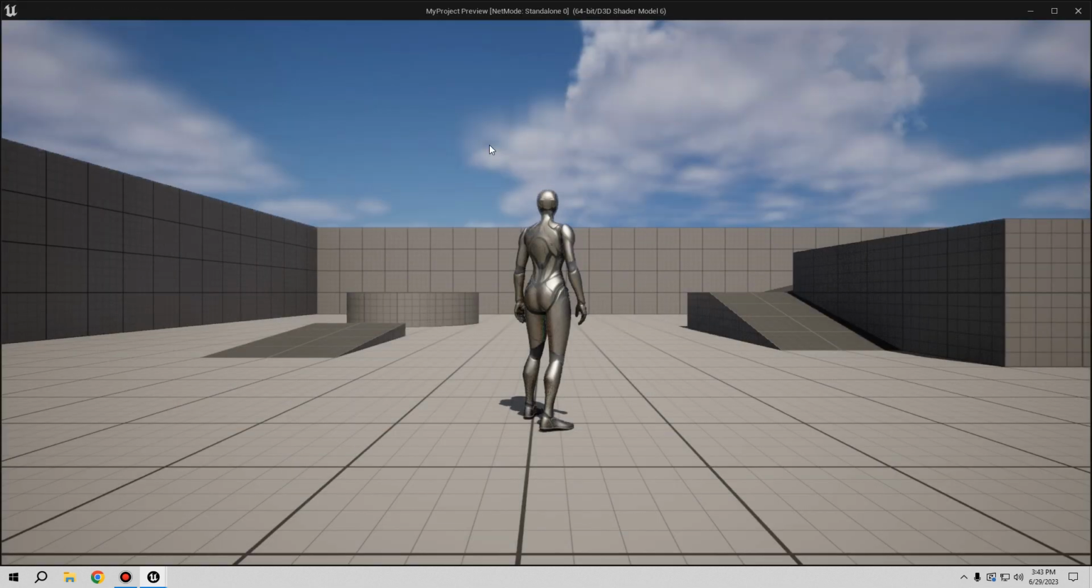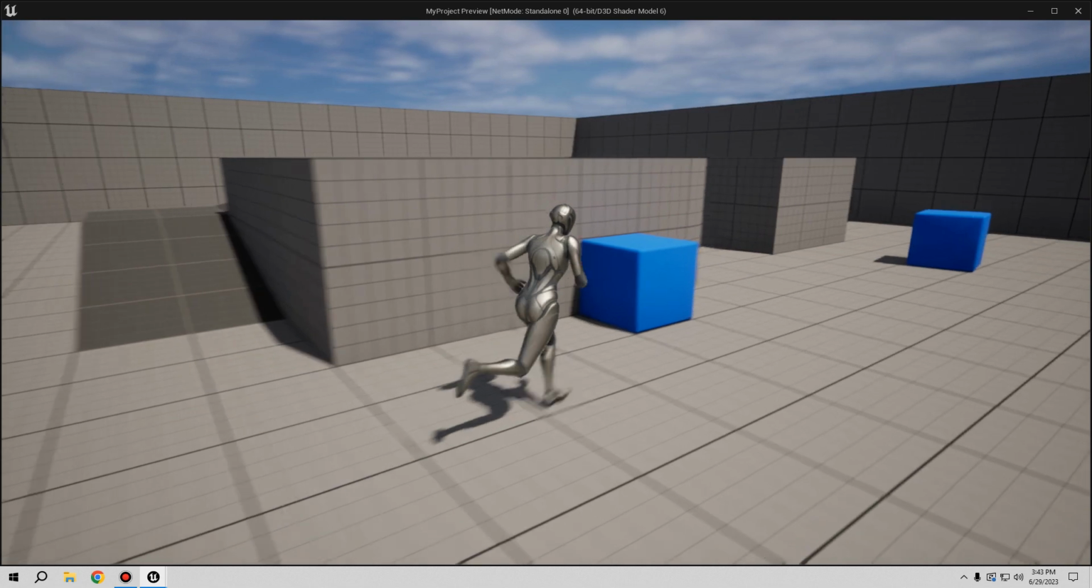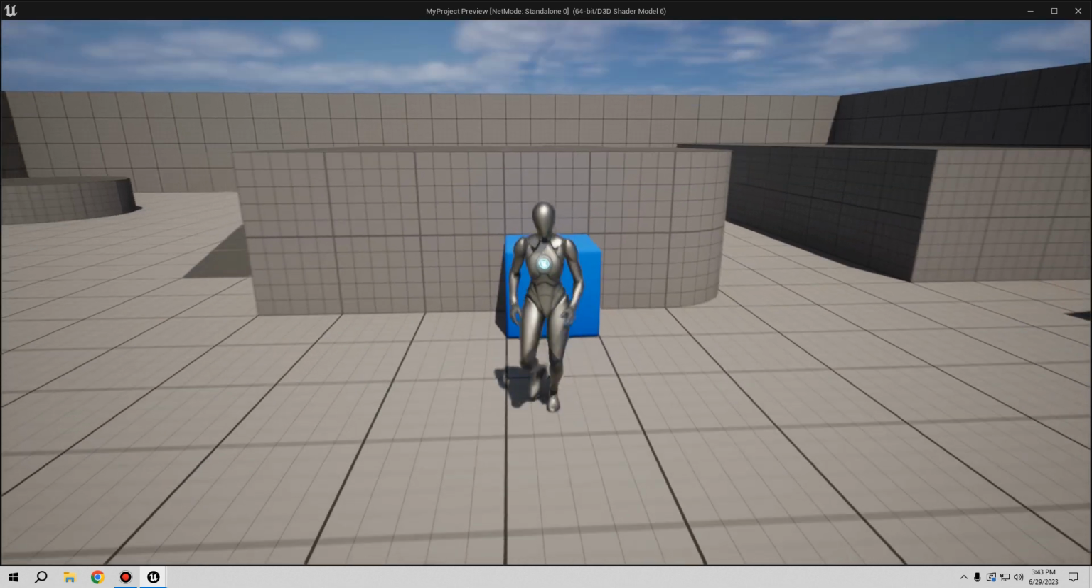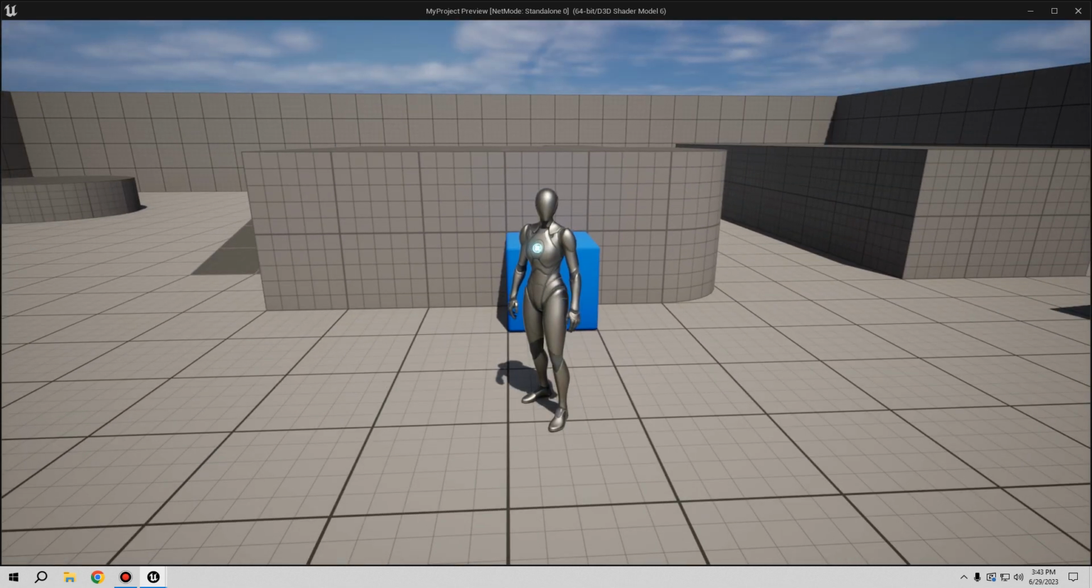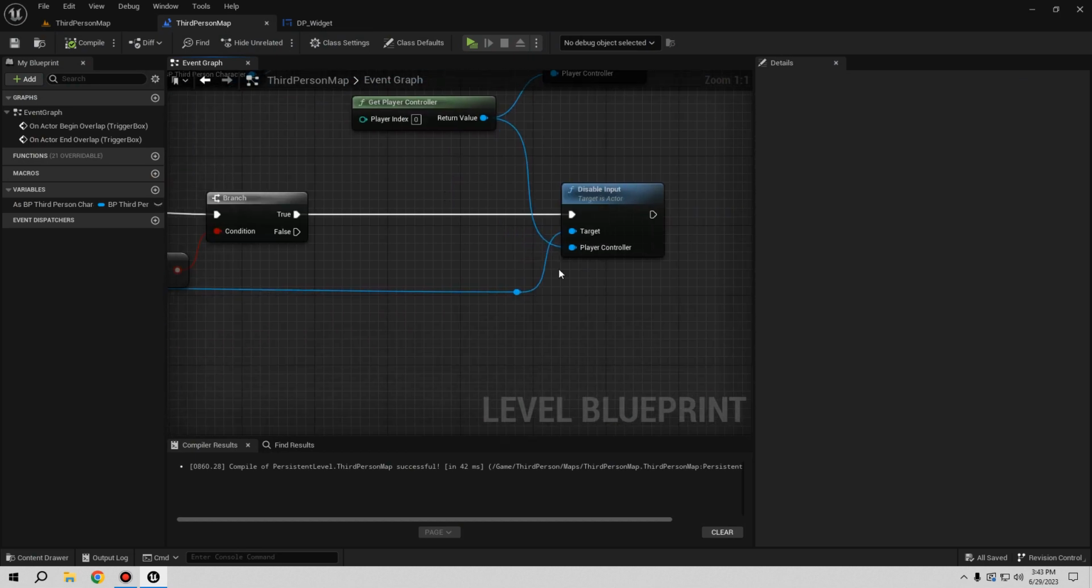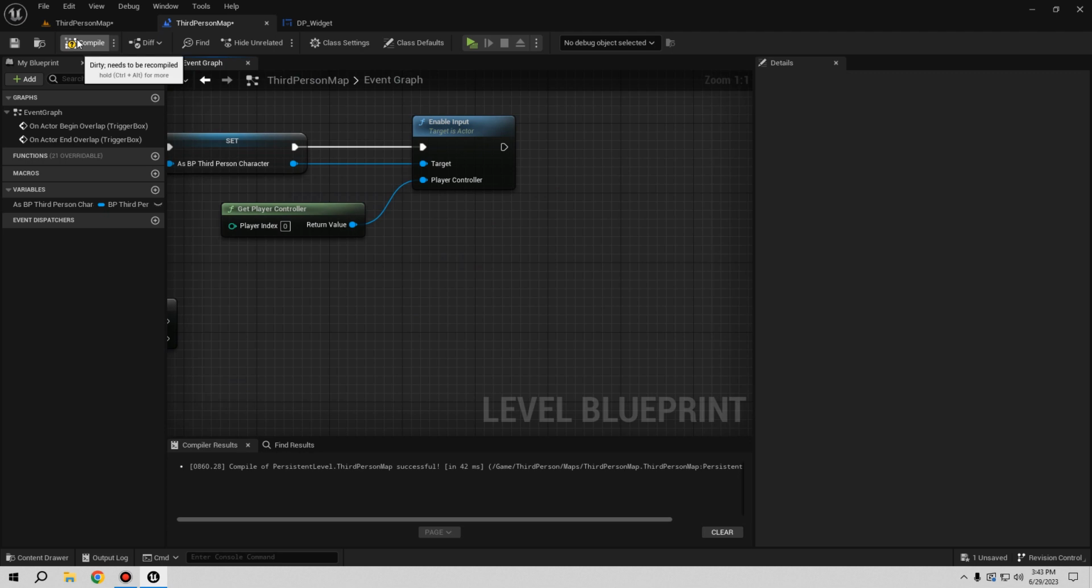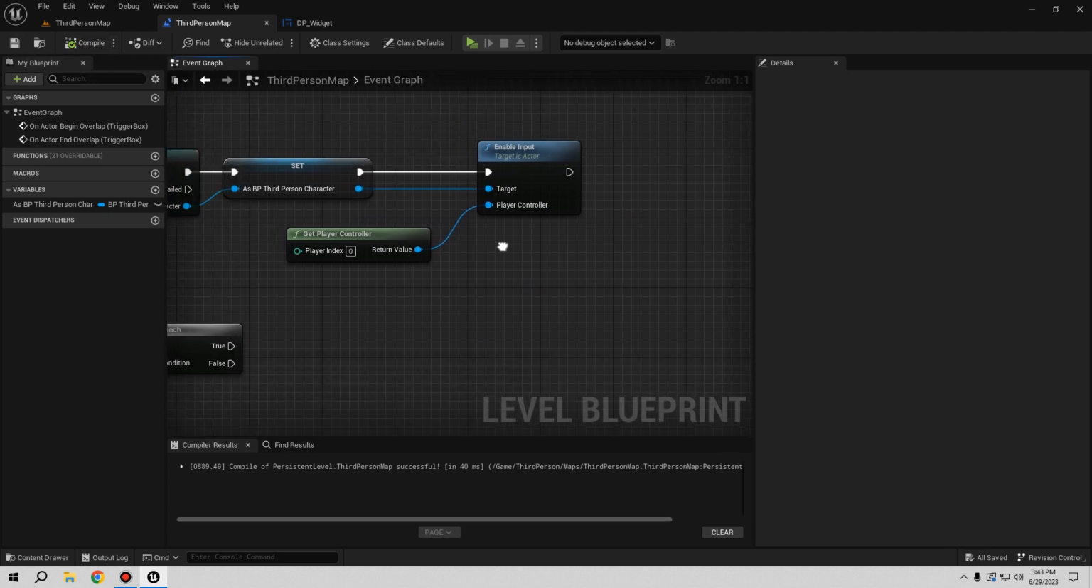Let me test it first, because I think when we go inside this trigger box and I go out, they stop all my input. So that is not the way I want it. So let's delete this because we don't need it. But the rest we also need. Okay, so